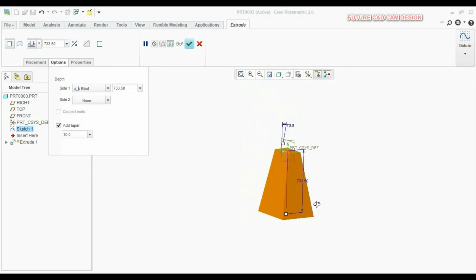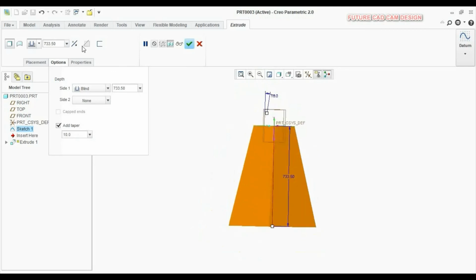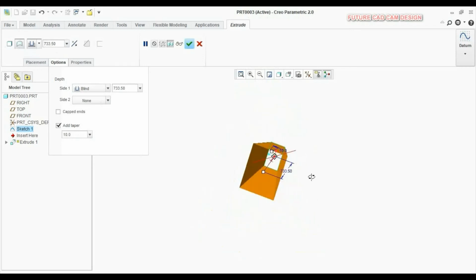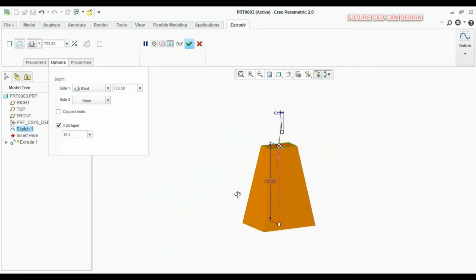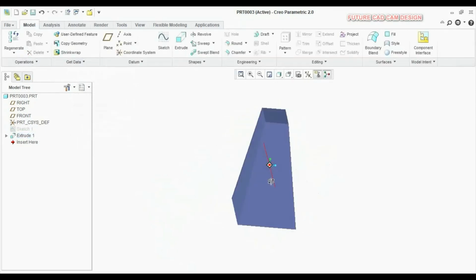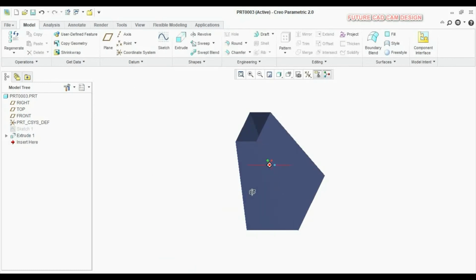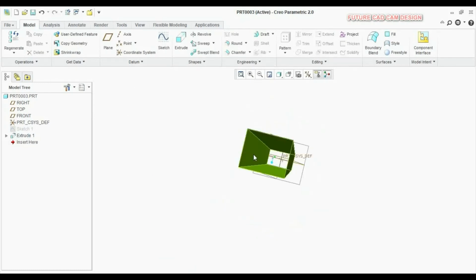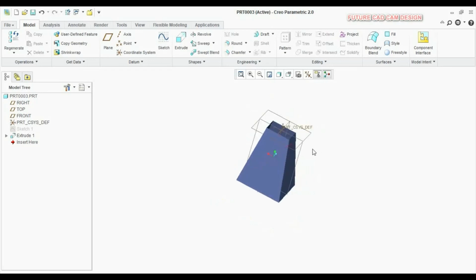The reason for giving taper is that while you are making complex parts, while you are using the extrude option you can give the taper angle also, with no need to make it separately. Now I have selected the surface option, you can see it has become a surface with 0 thickness and both the edges are now open. So I have created a surface using the extrude option with taper. You can see the difference where both the edges are open.